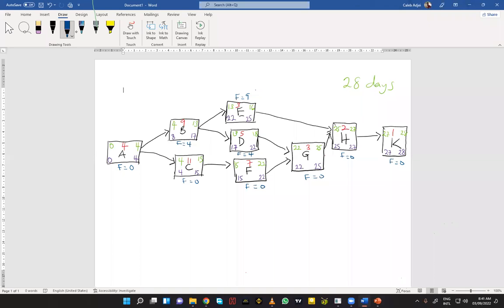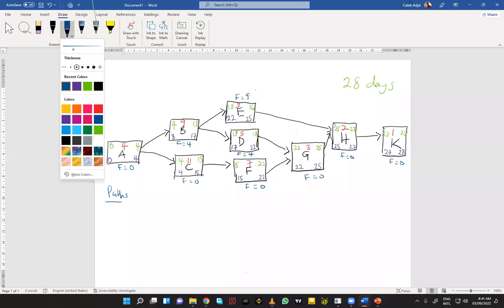So we now want to look at the various paths. So the first path is, I'm going to use a yellow pen to